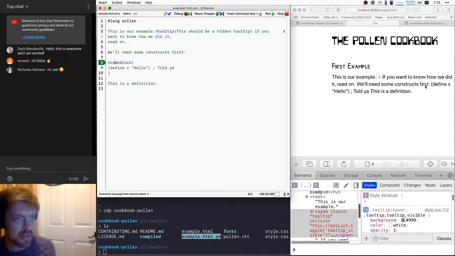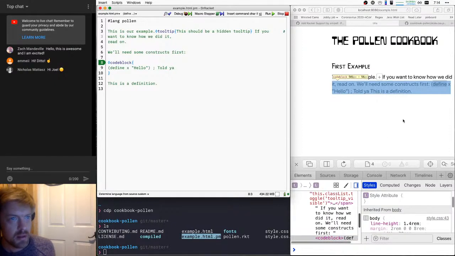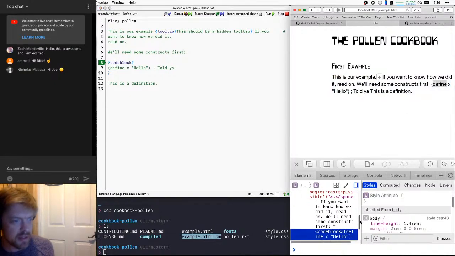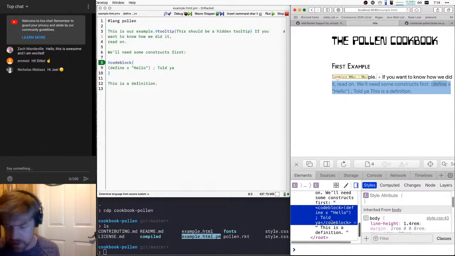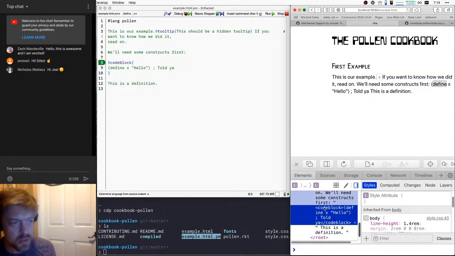If you look at what is inside that code block, you'll see that this code block tag in Pollen is creating a code block tag in HTML. And if you know your HTML, you know there is no code block tag in the HTML spec. But browsers will just leave it in there anyway. They'll say, oh, this must be some new tag I don't know about yet. What we want to do is have this spit out the correct block level element that would look like a normal code block. So I'm going to open our